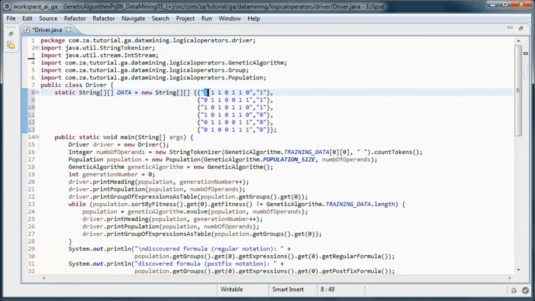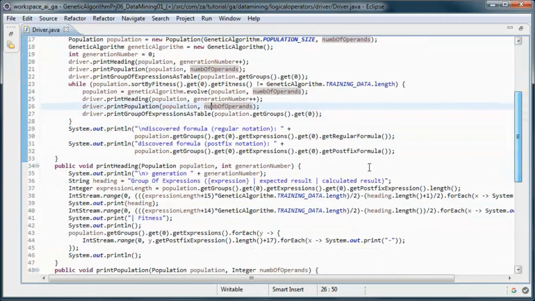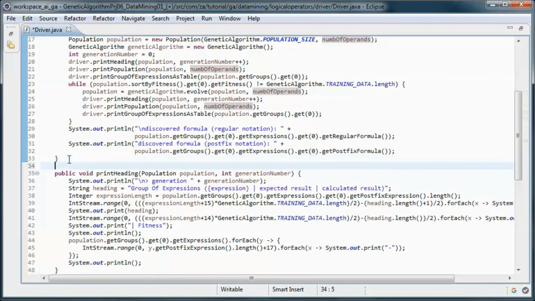So those are the true false events, and this column has the true false results. And let's add those two methods.